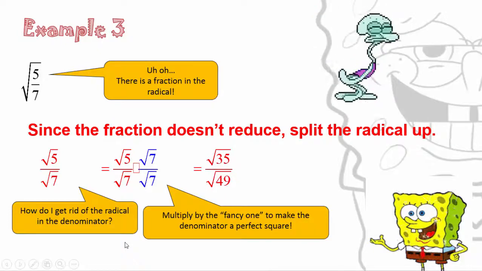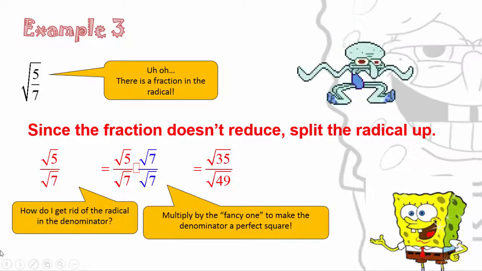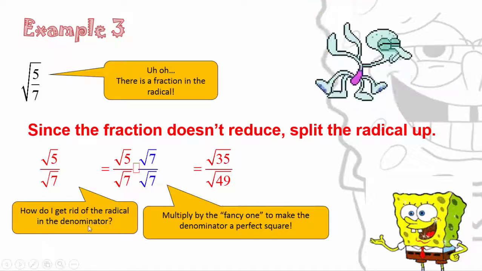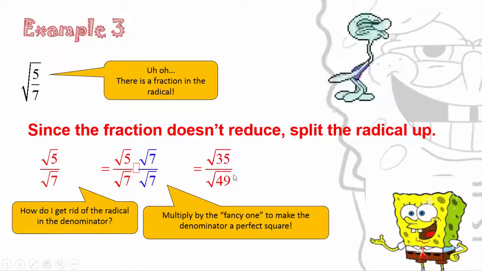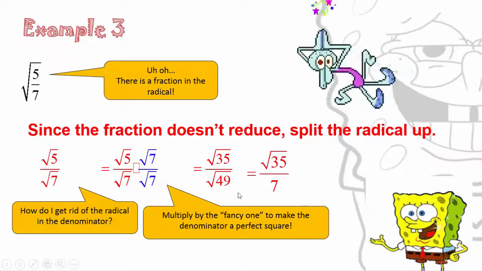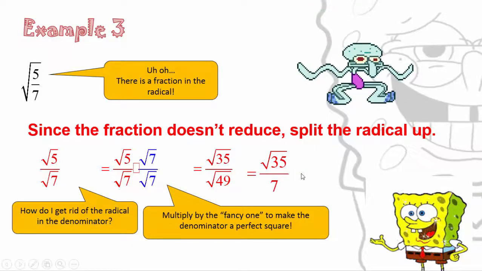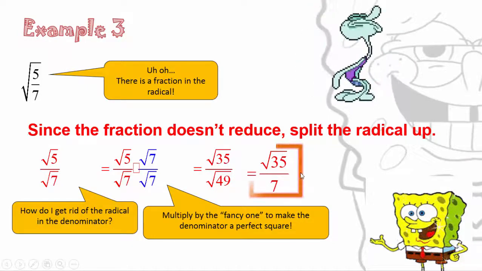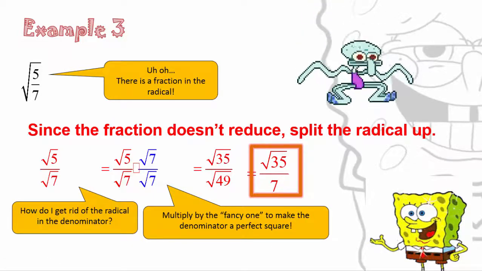And we ended up with the square root of 35 over the square root of 49, since square root of 7 times square root of 7 is equal to 49 under the radical sign, and 49 is a perfect square. And it turns out the square root of 49 is 7. And 35, well, we can't reduce that any further, so this becomes our final answer, the square root of 35